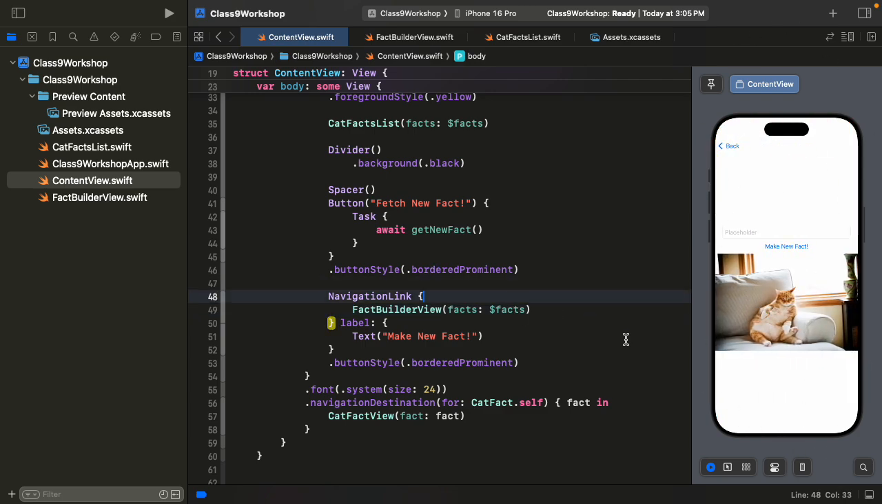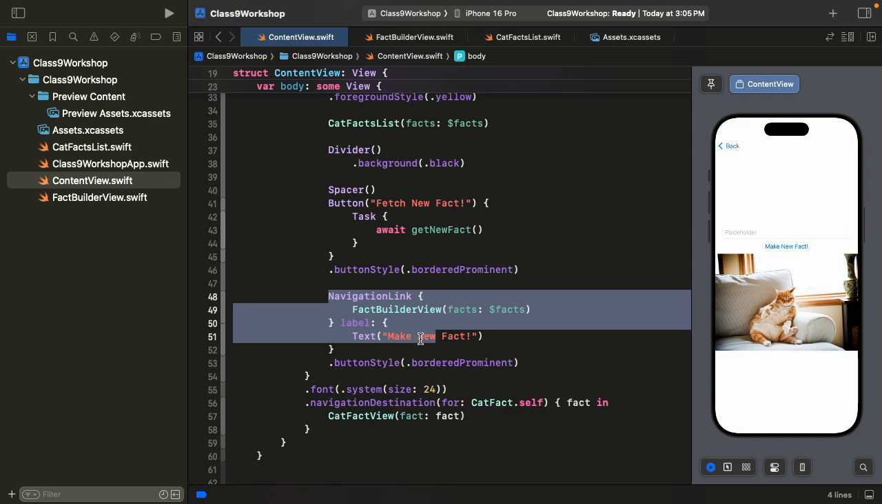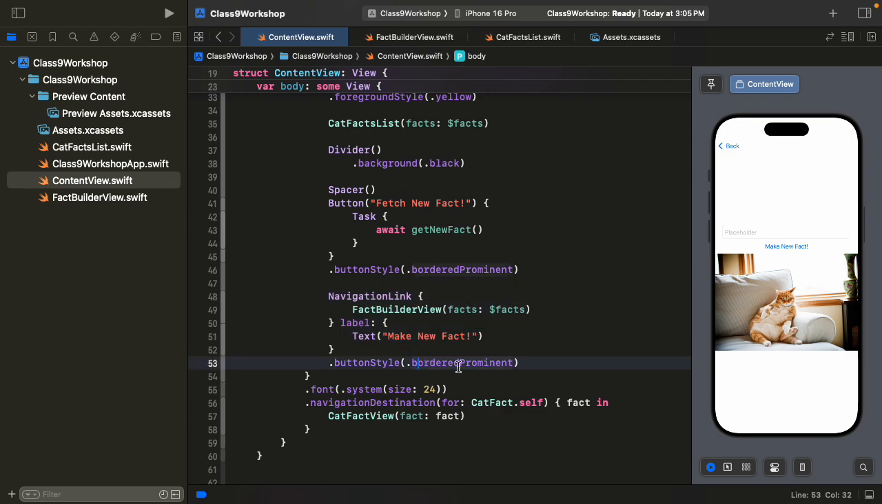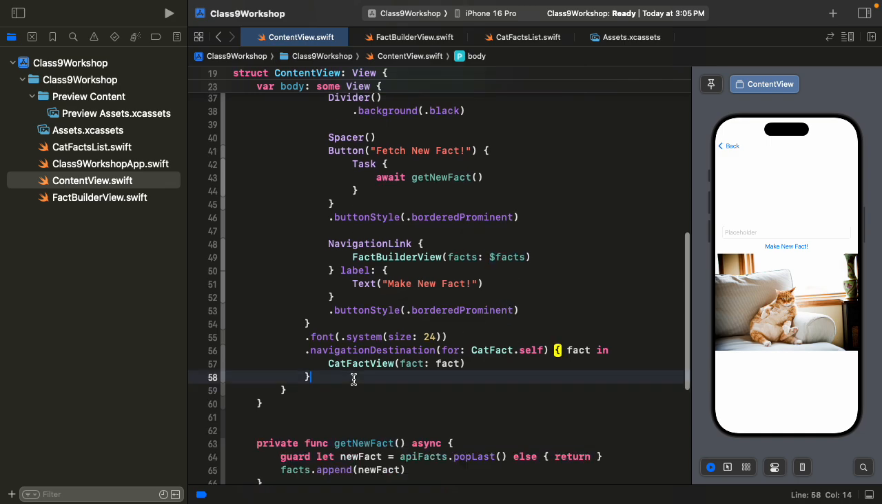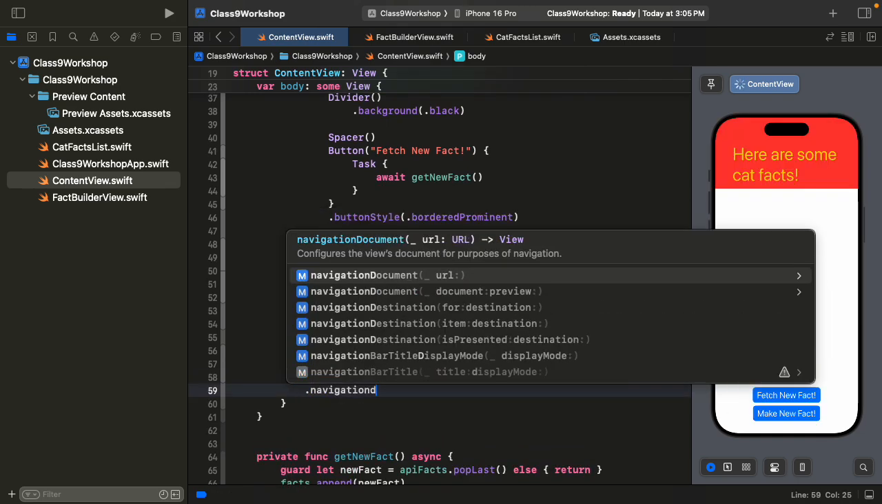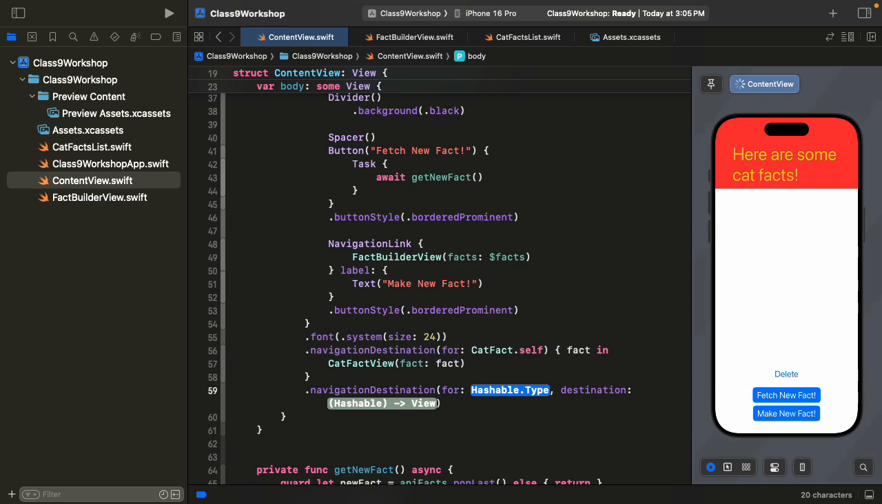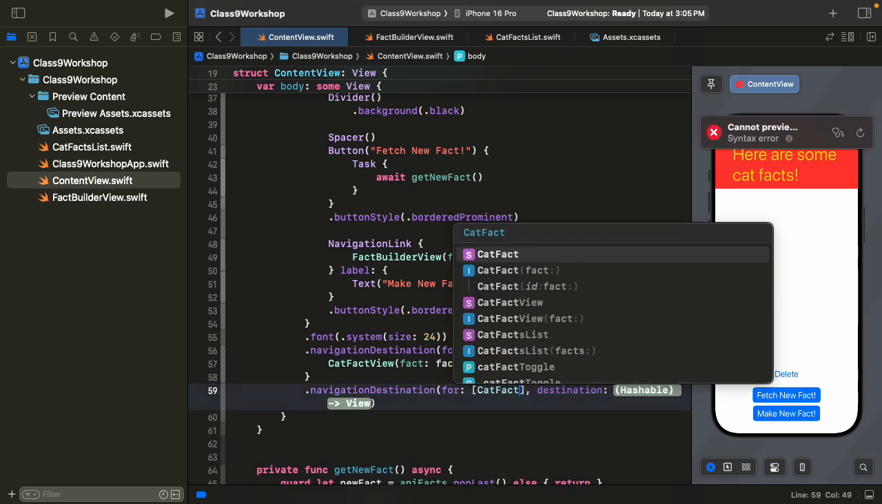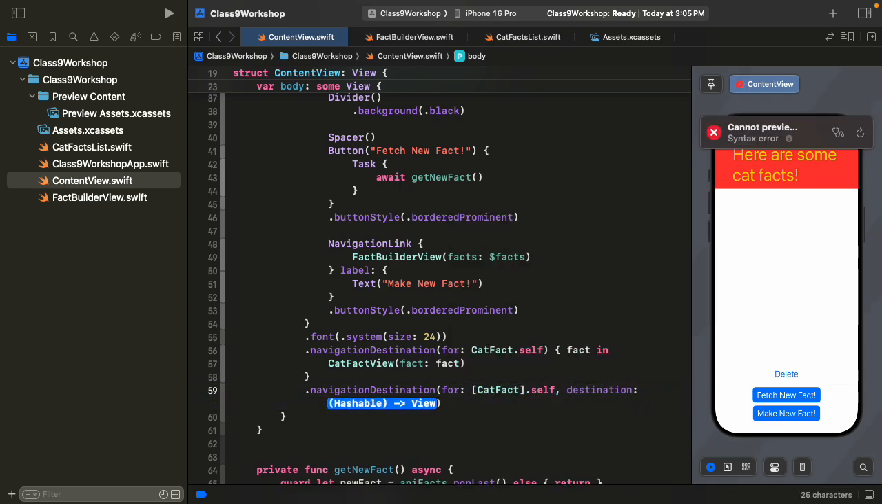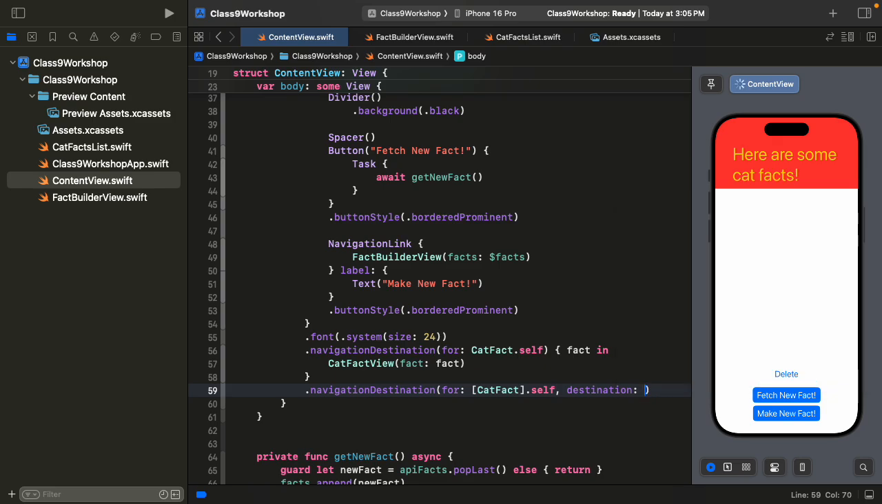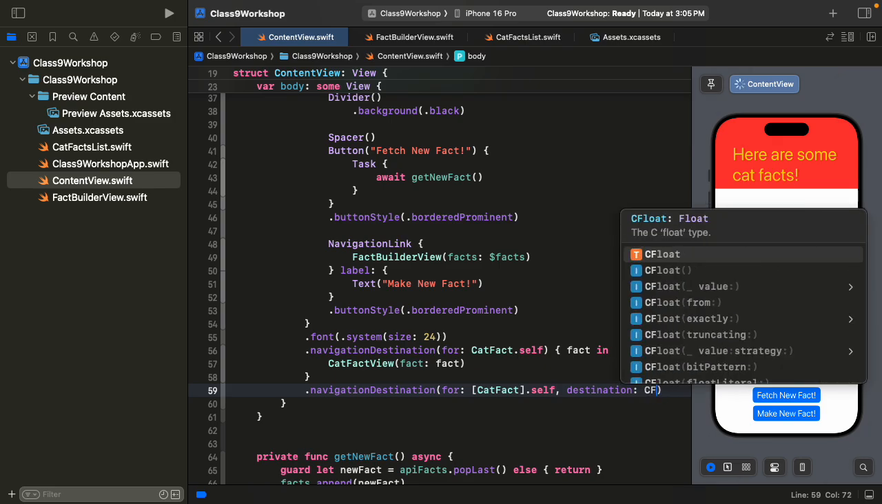If this navigation link was using a value and it was passing a cat fact as a value for some reason, it's an idiotic way to do it, but you could, right? Then this wouldn't work. Now, what you could do is pass in facts as the value, right? And in that case, you would say navigation destination for array of cat facts dot self, right? And then this would be the fact